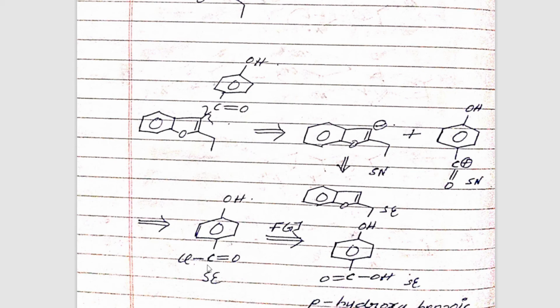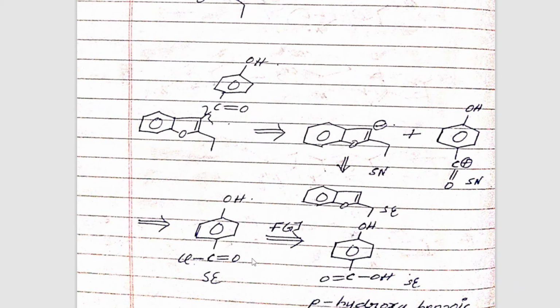So what you will do, instead of the Cl you will change it, that is functional group interconversion will be done and this Cl part will be replaced by OH. Why are you doing this, students? Why are you not keeping it at this? Because you want to make this reaction feasible and workable when you're going in the backward direction.